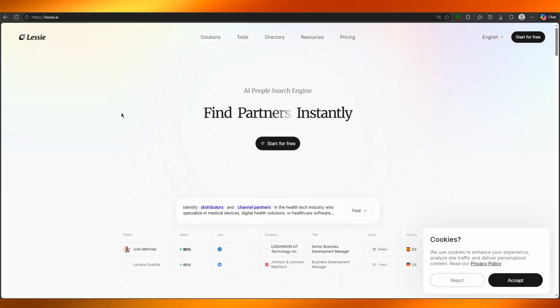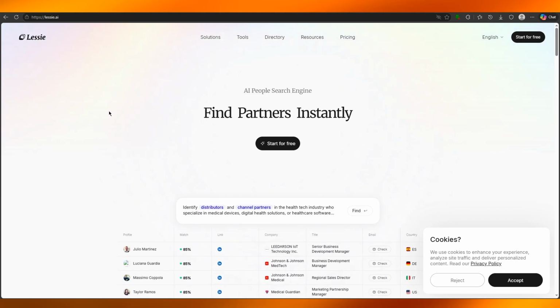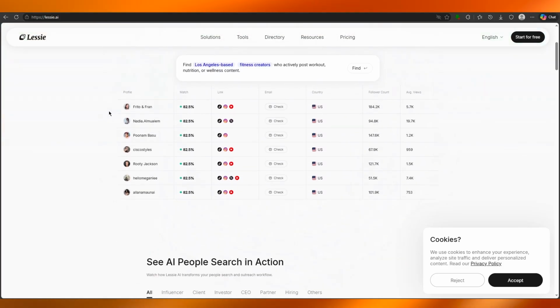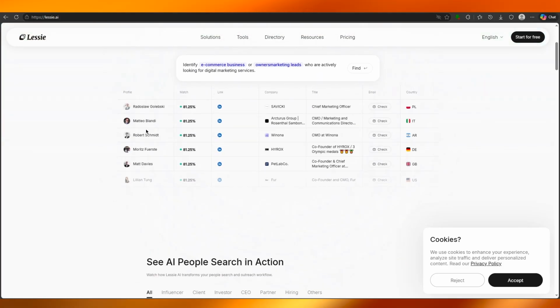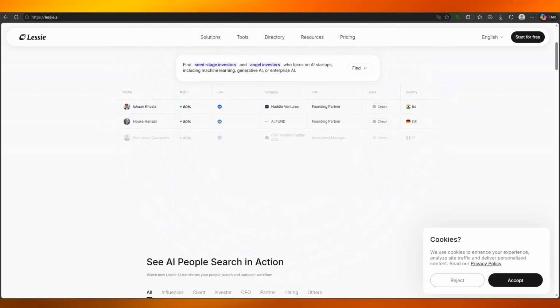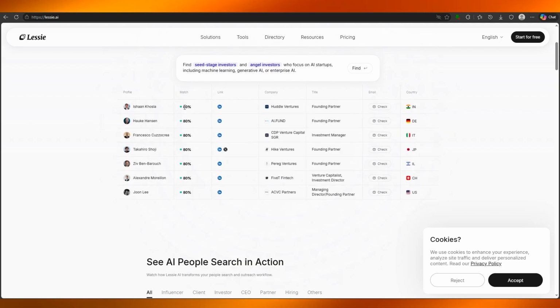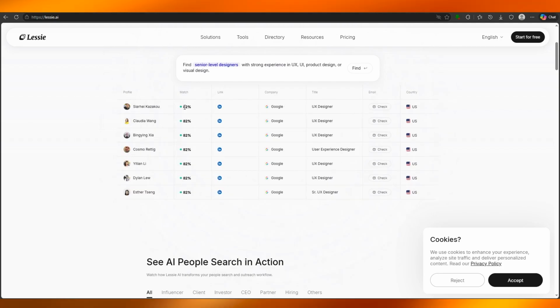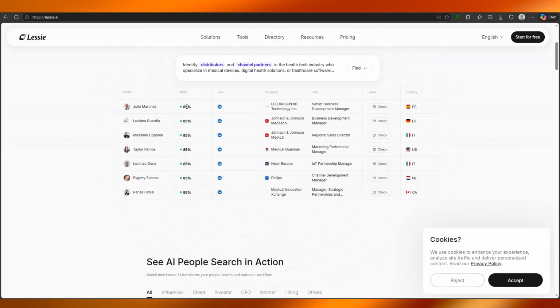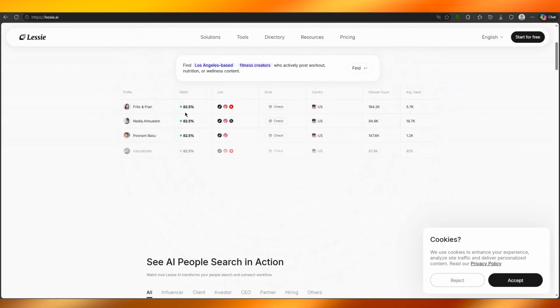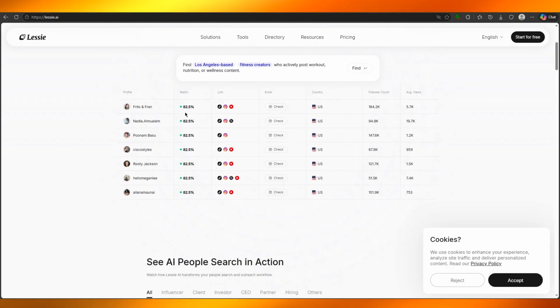Now, this is not just a search engine. It's a multi-agent AI system designed to find anyone's verified contact information in a matter of seconds, even when other tools fail. Investors, influencers, potential partners, niche talent, Lessie AI can locate them all, and it does so by scanning over 100